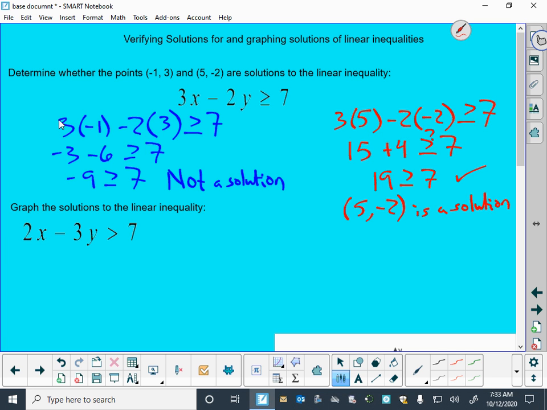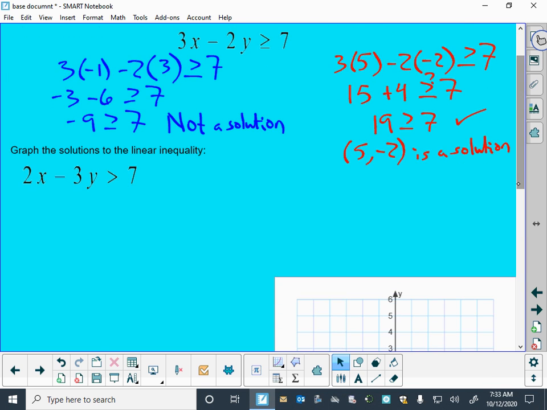Now, there are an infinite number of solutions to this. There's tons and tons of points, more points than you could ever possibly hope to discover. So when we are asked to solve an inequality, we need to communicate that with a graph. Just like we would a number line if there was only an x in here. There's an x and a y now that requires 2 dimensions. And so we're going to make a graph. And remember, the whole purpose of a graph is to cover up good answers